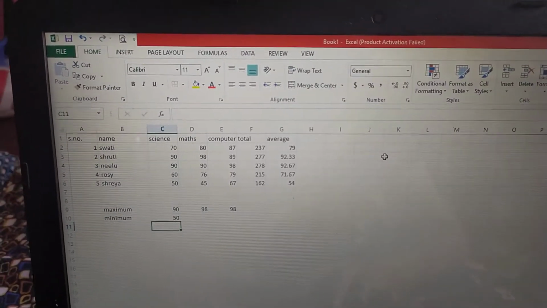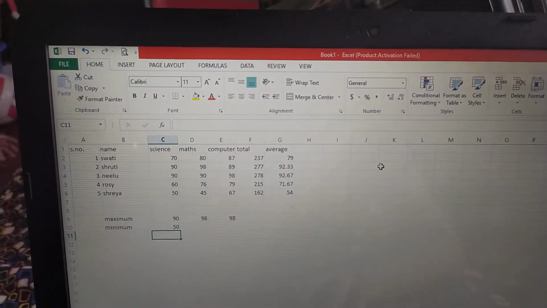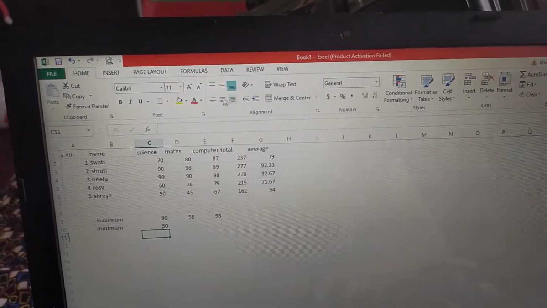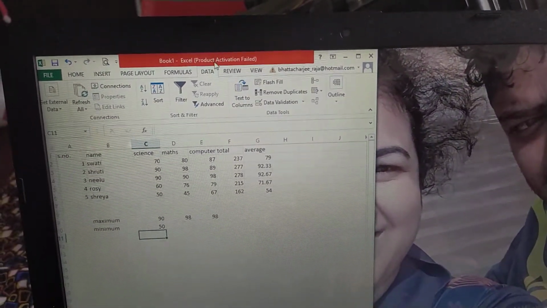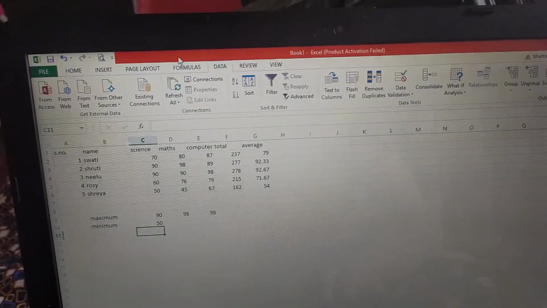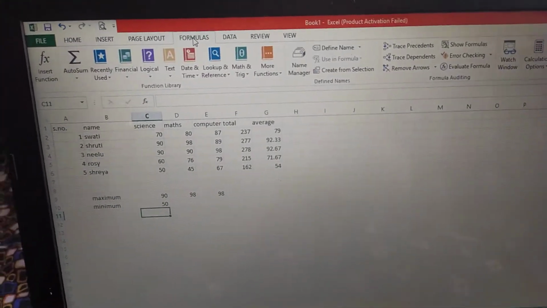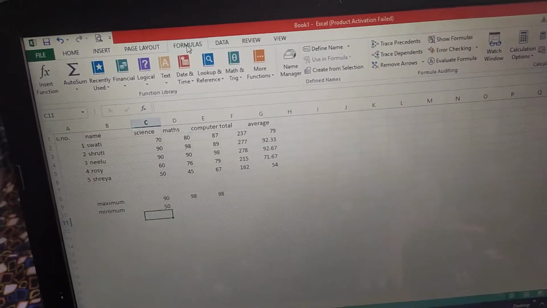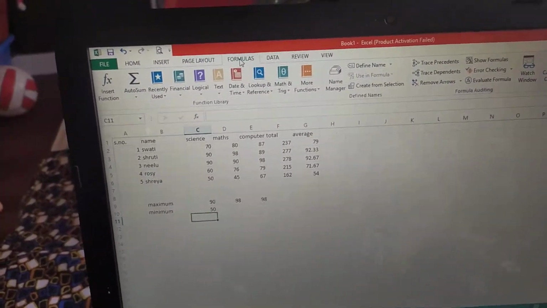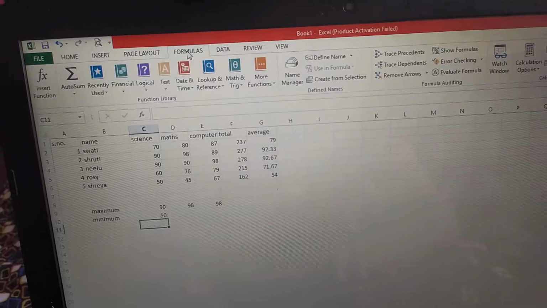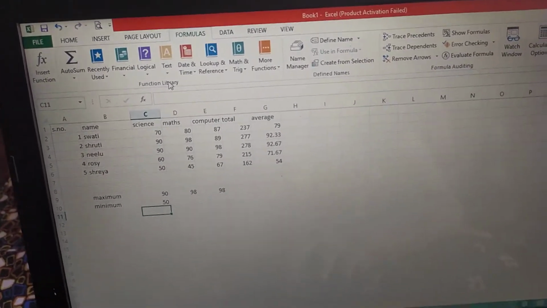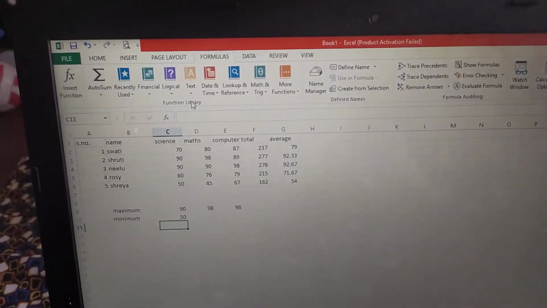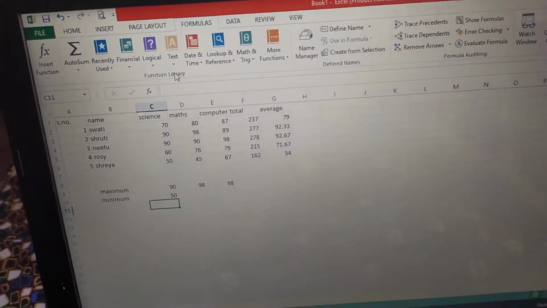Over here in the formulas tab, in the formula tab, library function, we are going to use the LCM.